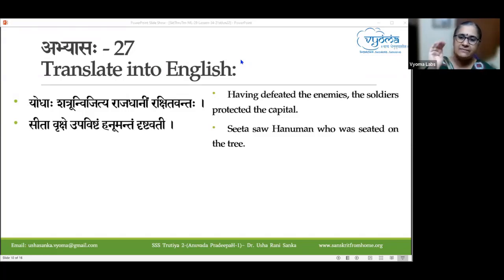Only they will work as a verb. We discussed in the last class, if you remember, from the Dvitiya Vibhakti on, they all become adjectives. Okay. Then